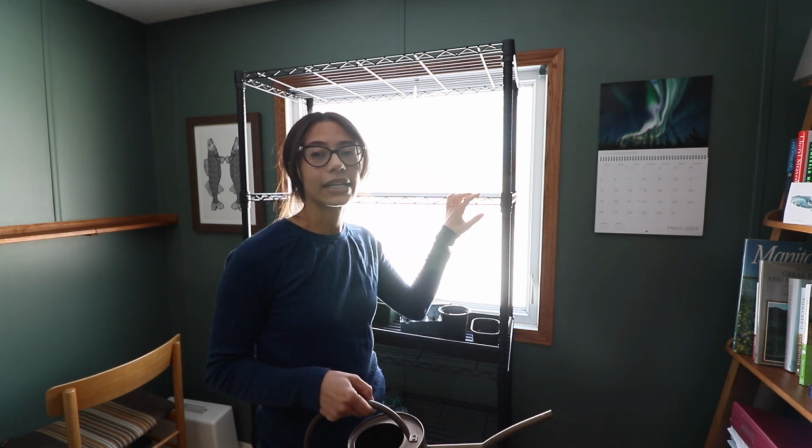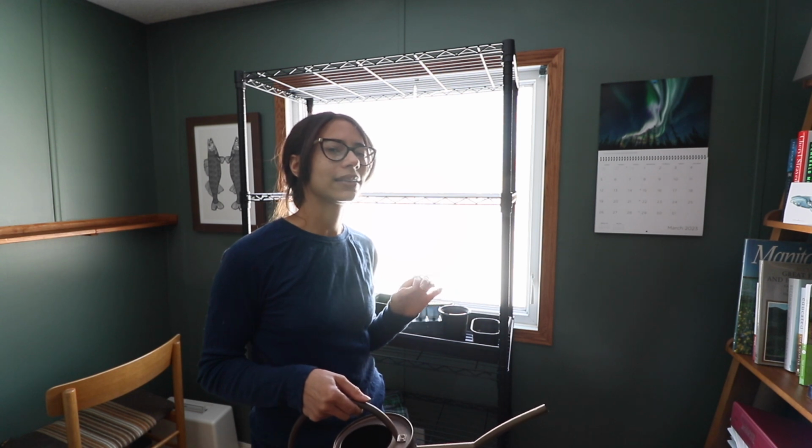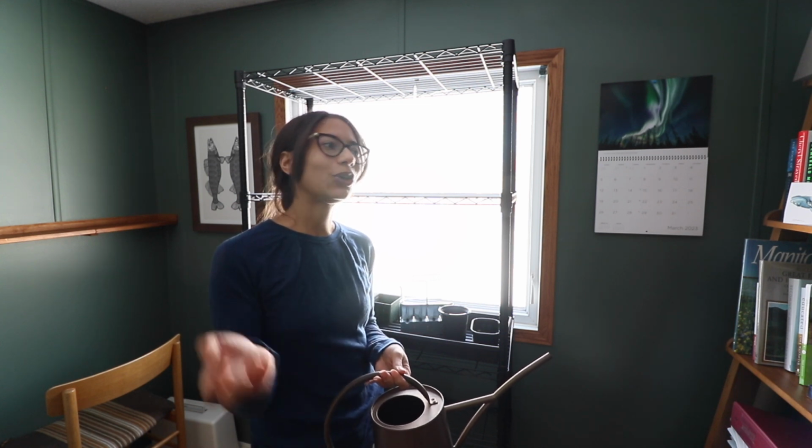This is in my office, which I'm in quite frequently, so I'll be able to see when my plants are dry. If you have a basement that you're planning on using as your seed starting area, but you're very rarely down there so that you're not going to catch if your plants are dried out or not, maybe it's not the best place. So choose somewhere that you kind of pass by all the time,